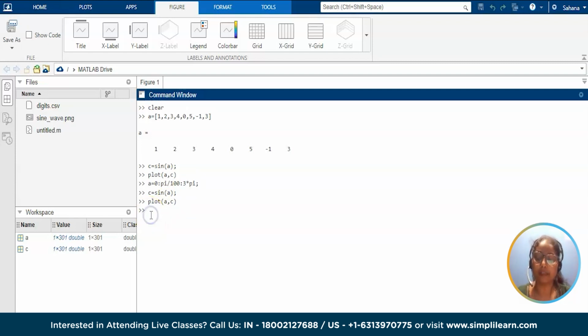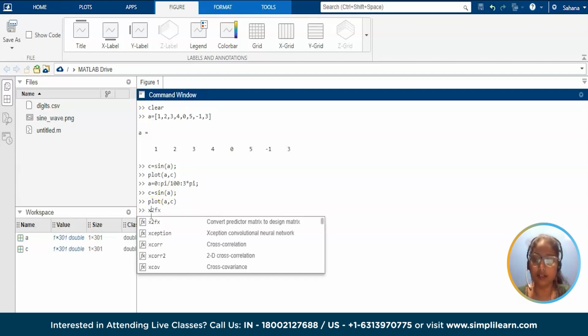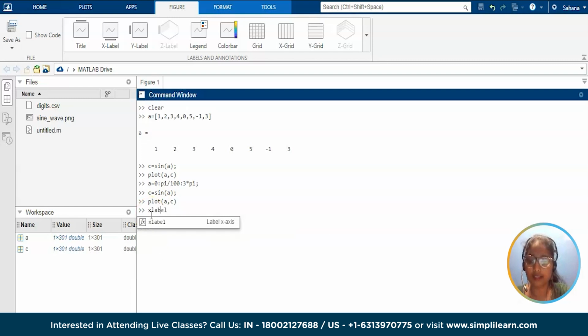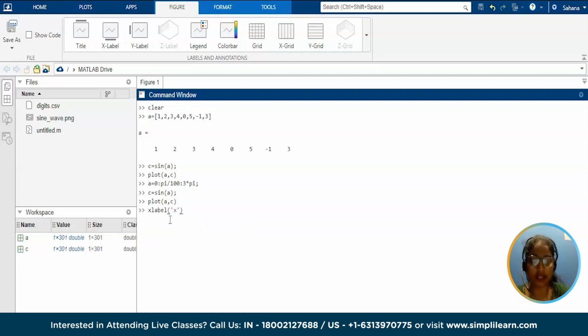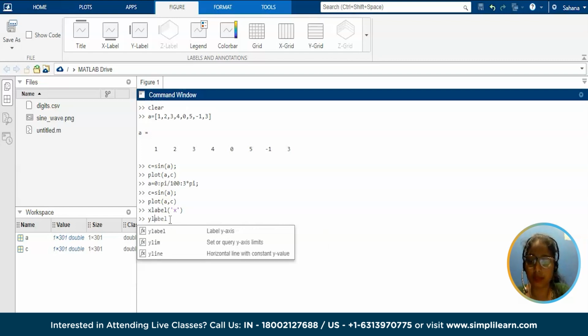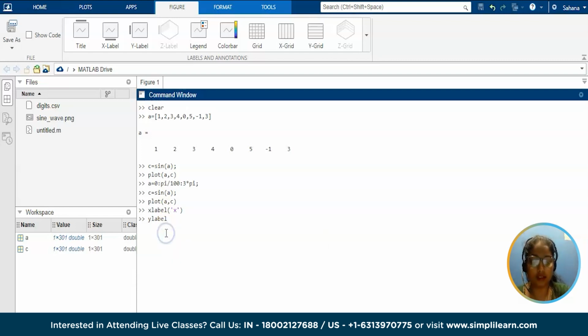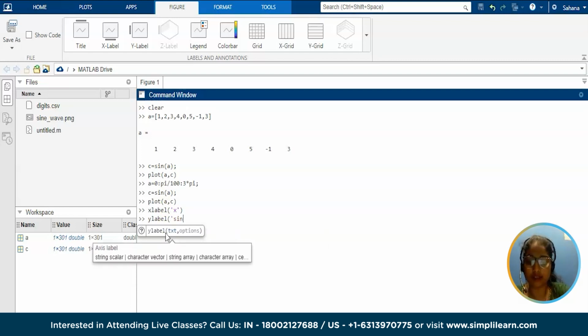To add a label to the x-axis, we'll use a function called xlabel and pass the name of that label as x within single quotes and end with a semicolon. If not, you can also leave it like this. And then for the y-axis, we'll use the same ylabel and I'll give it as sin x